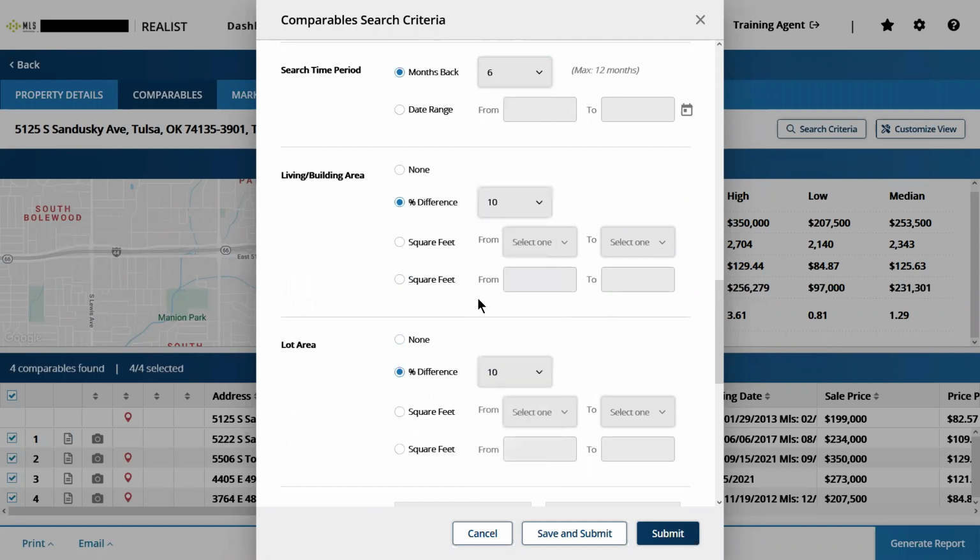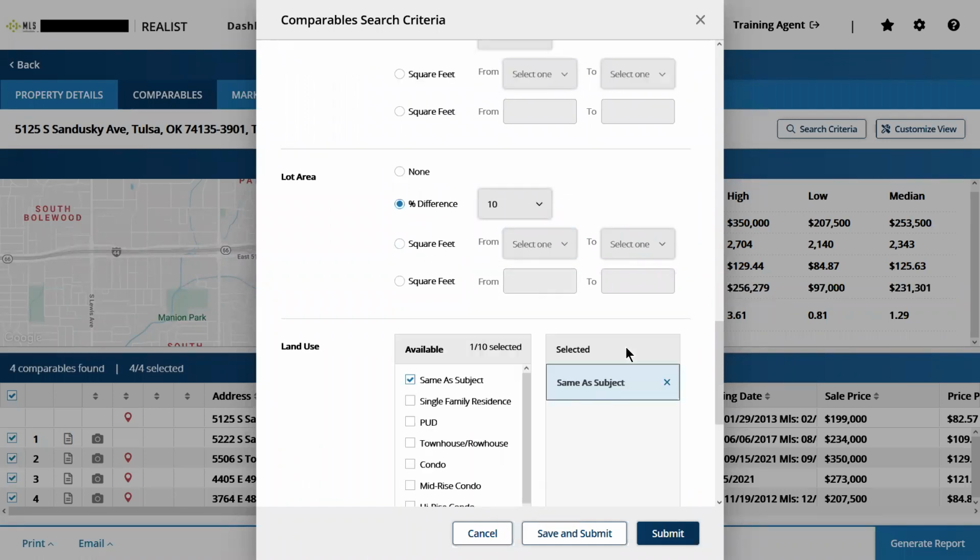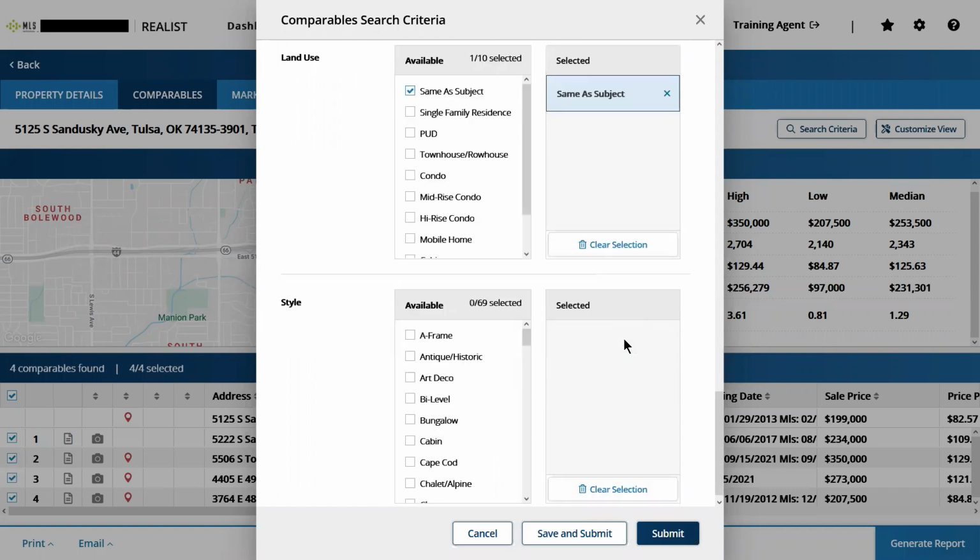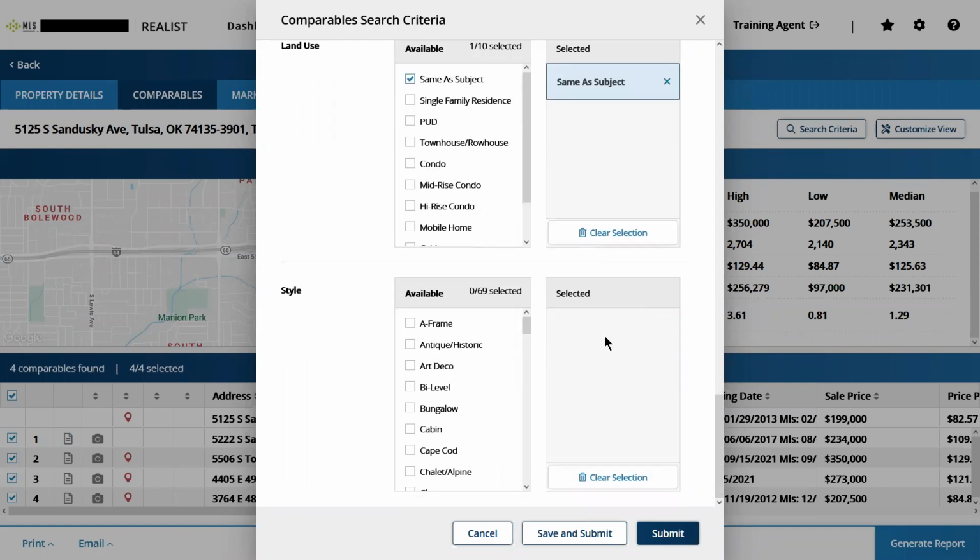But notice there's not really a lot of nuance to this. We do have more nuance available in either the square feet options. So if you actually wanted to put in a specific range, you can do that. But I usually recommend just leaving it on the percentage difference. Now, the last couple things they have on this list, at the very bottom, we have the land